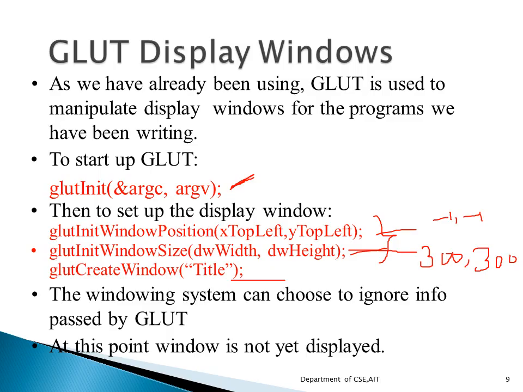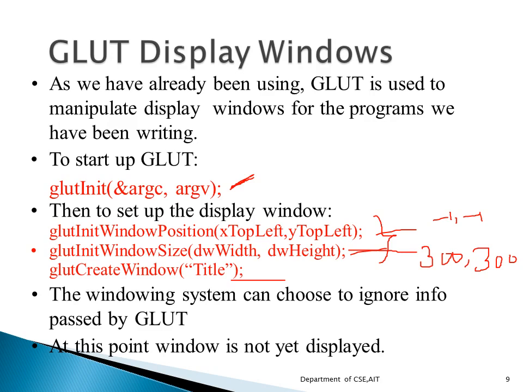We have a vast GLUT library, but if you want to make use of this GLUT library, at the beginning of the main, we will observe that we will always be giving one API, and this API is glutInit, argc and argv. So to initialize the graphics library, this is my first API in the main program. This can also be used for processing the command line arguments. Then we have glutInitWindowPosition. This function will give the integer screen coordinate position for the top left corner of the display window relative to the top left corner of the screen.